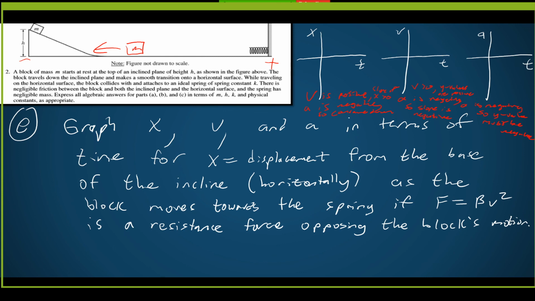And that wouldn't normally tell us anything about AT. However, we know that f is equal to b times v squared. And if f equals ma, then a is equal to b over m, which is some constant, times v squared, which means my acceleration is actually increasing